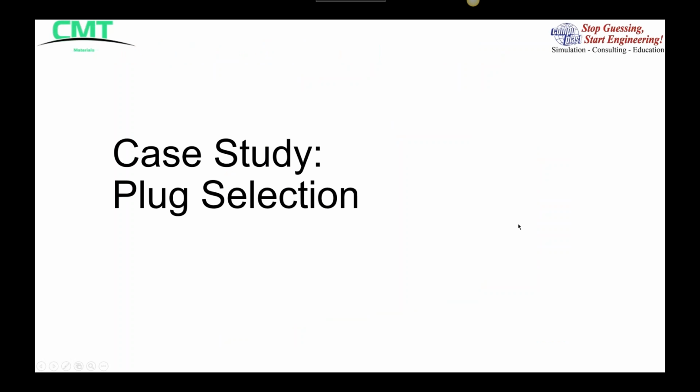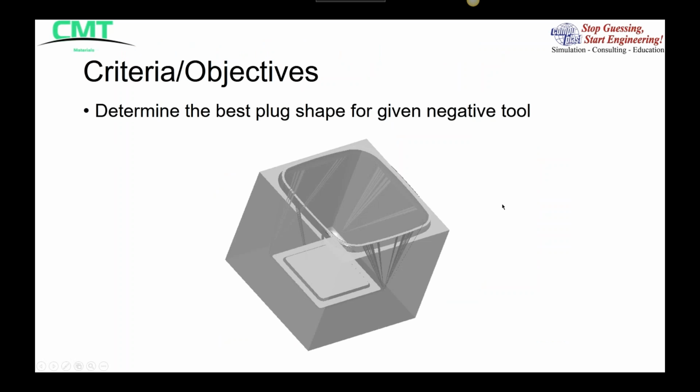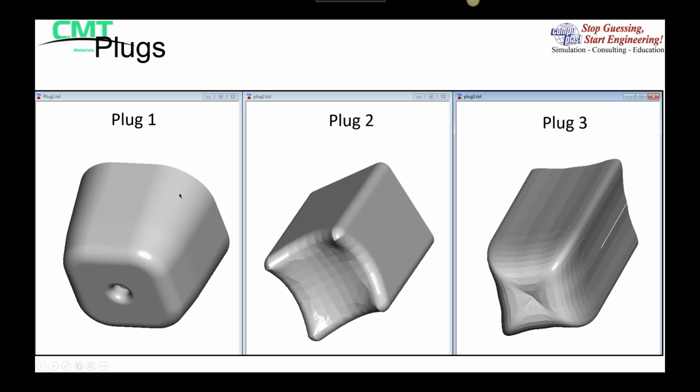The next study here is plug selection. As I mentioned, you have a couple of people looking at a project. They'll come up with several ideas. Here we want to form this cup, and we end up with 3 plug shapes that are proposed. How do we know which plug shape we are going to test to achieve the desired thickness